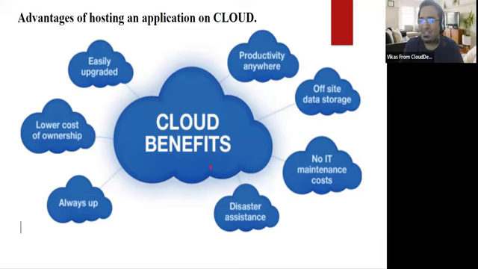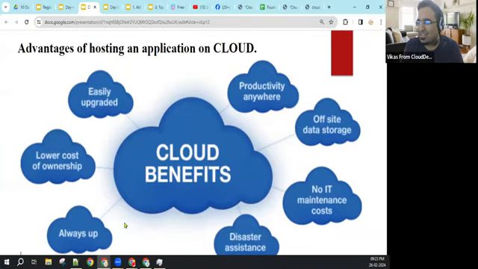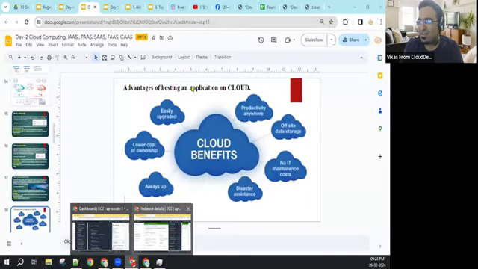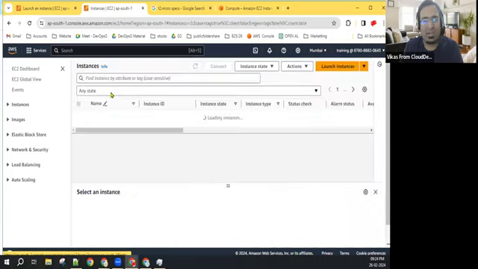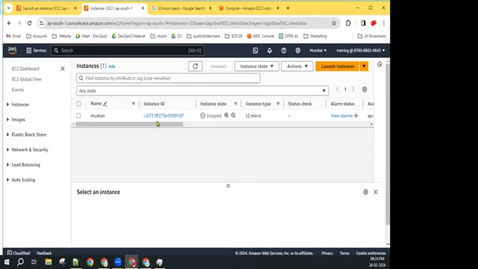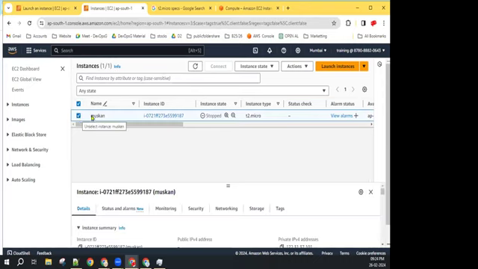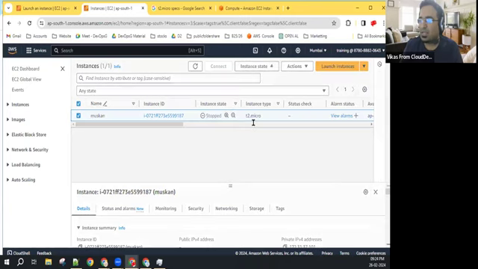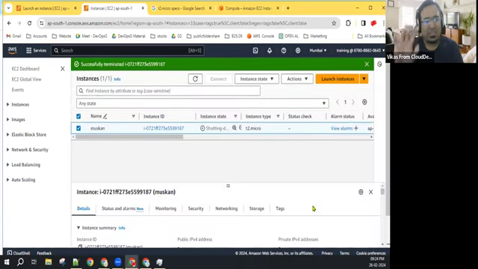Correct. Let us assume I took a server on rent. Yes or no? Either I am using it or not using it, AWS will charge me. Yes or no? Okay. So as a thumb rule, if you are not using the server, delete it. We can create it in just a couple of seconds, so why pay the rent? We don't have to pay the rent if we are not using it for learning purposes. If you are not using it, delete or terminate it.